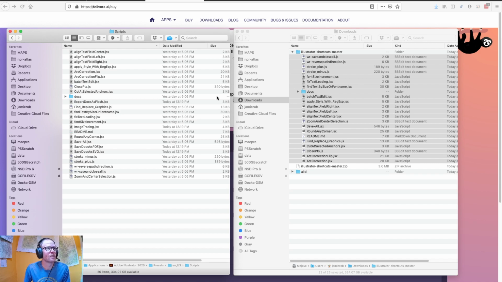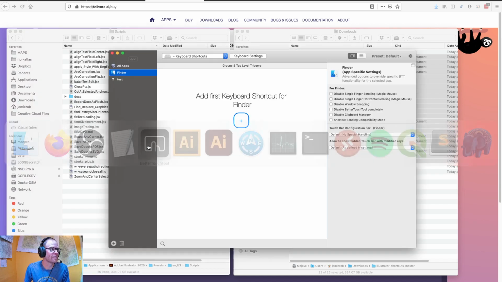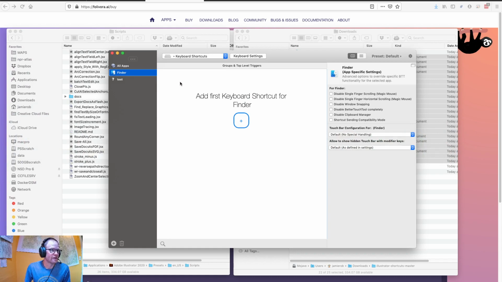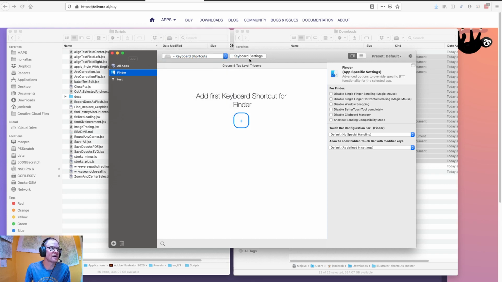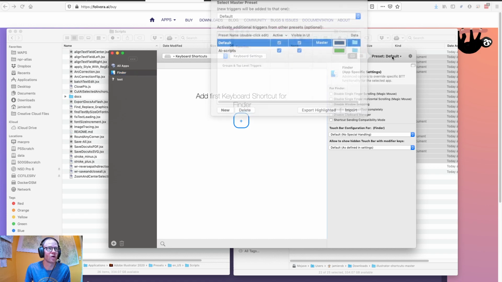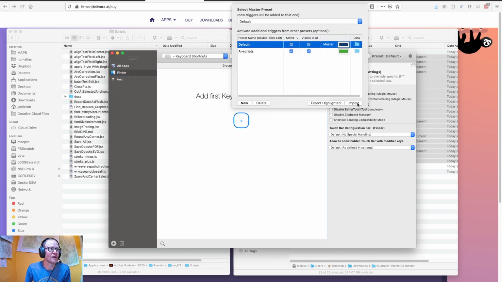Now, we can open up BetterTouchTool. I'm going to assume you've installed BetterTouchTool. And if you open up BetterTouchTool, there's a lot of configuration in here, but really what you want to do is go for your keyboard shortcuts. Hit the keyboard shortcuts, and then there is a preset that you just import that I've made within the repo. So we go up here, we go to Import,